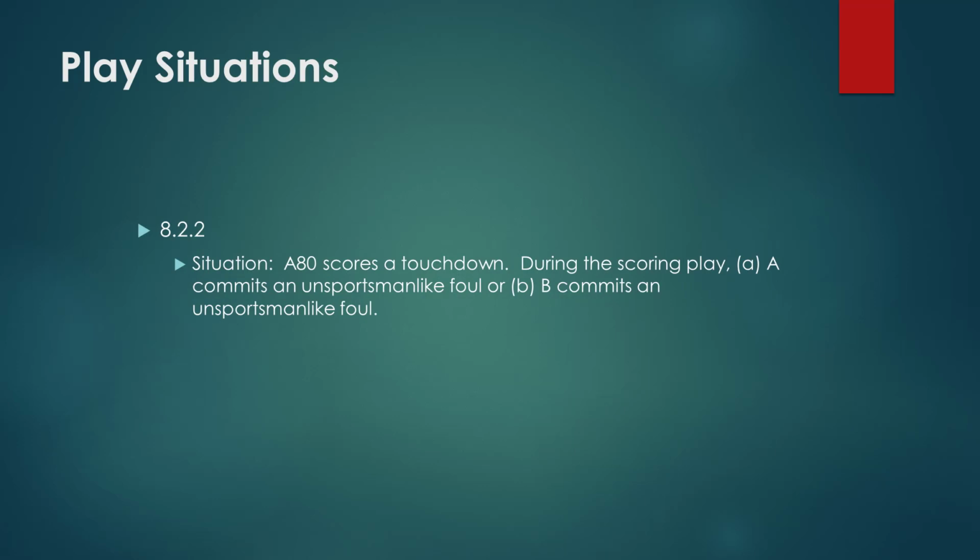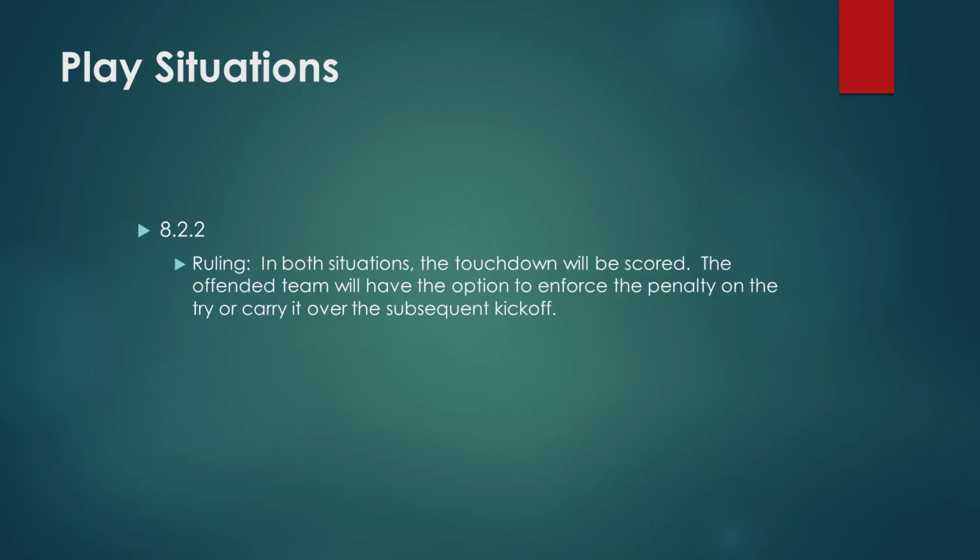Okay, we'll take a look at some situations from Rule 8, 8-2-2. A80 scores a touchdown. During the scoring play, in A commits an unsportsmanlike foul, or in B commits an unsportsmanlike foul. In both situations, the touchdown will be scored. The offended team will have the option to enforce the penalty on the try or carry it over to the